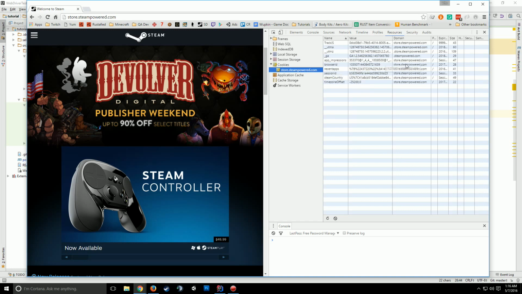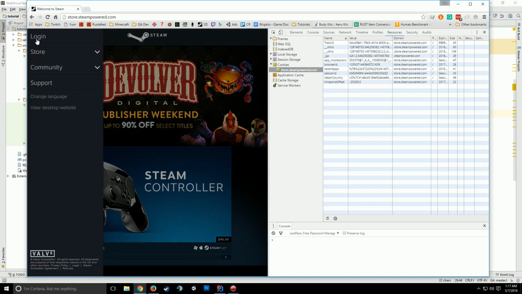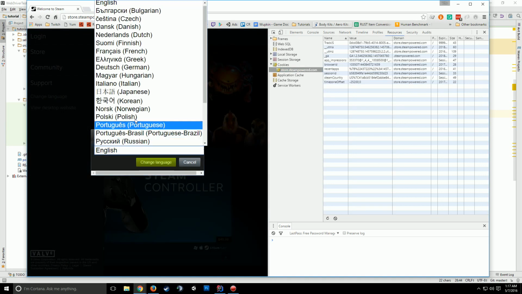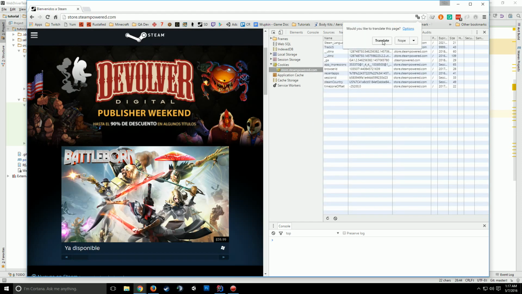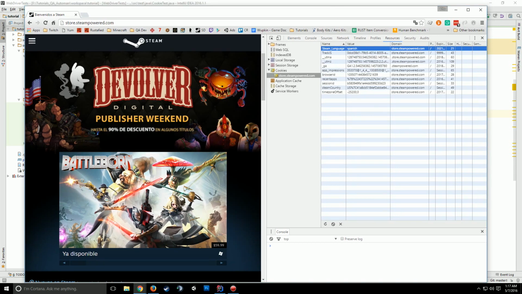So if you notice right now, we don't have a language set, right? The functionality is it takes your IP, looks at where you're from, and will select a language based on that. But now if I change languages to, say, Spanish, you'll notice our cookies are going to refresh, and we're going to have a Steam language Spanish cookie. So we're going to be editing this and trying to add it and remove it,